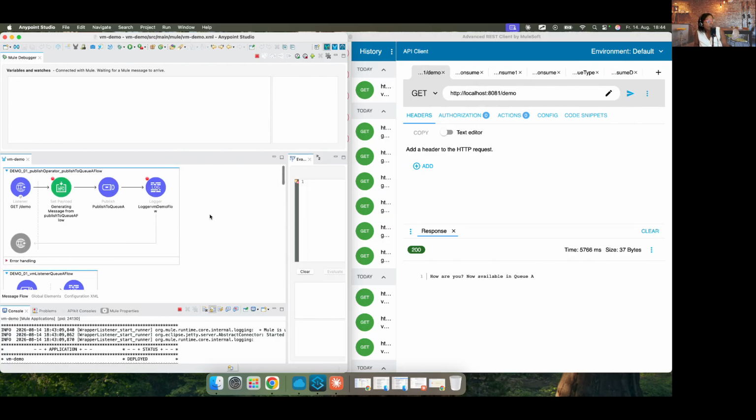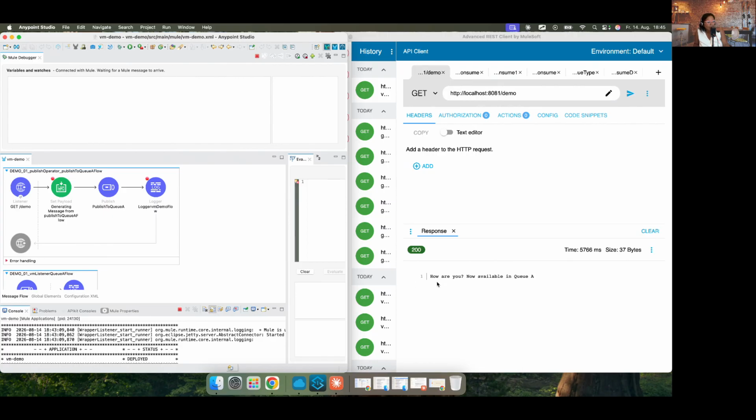It triggers the execution of the VM listener QA flow. Okay. We see that it continues with the execution of the publish to QA flow, okay? And yes, what you just witnessed is what we call asynchronous communication, okay? And the publish operator is supporting asynchronous communication in the way we have seen it, okay?